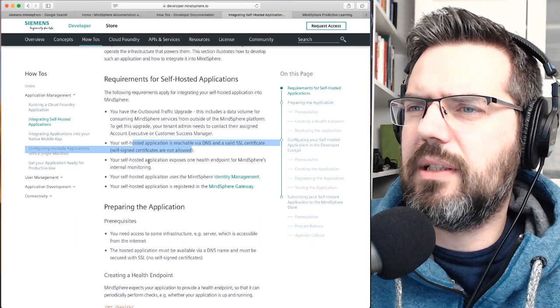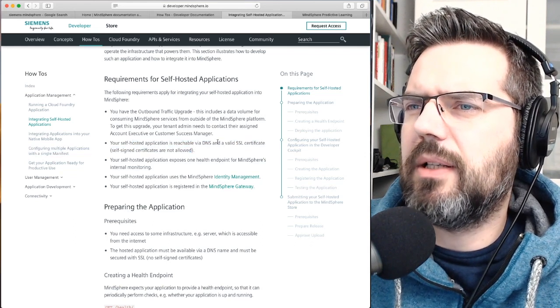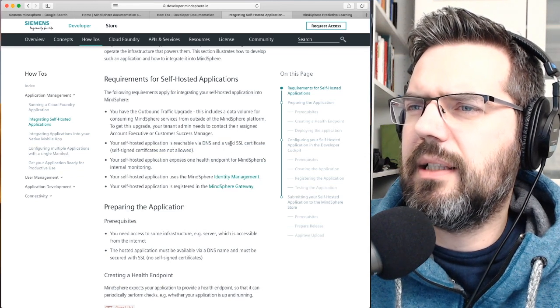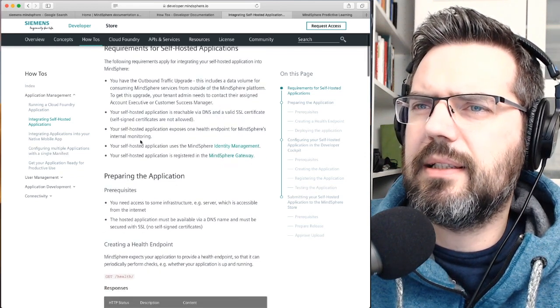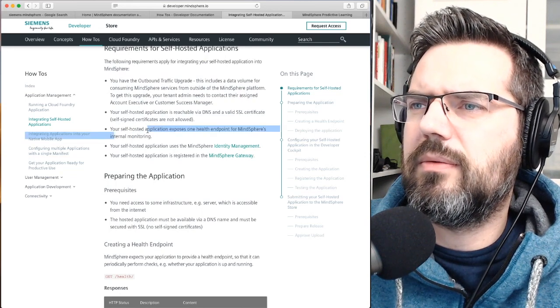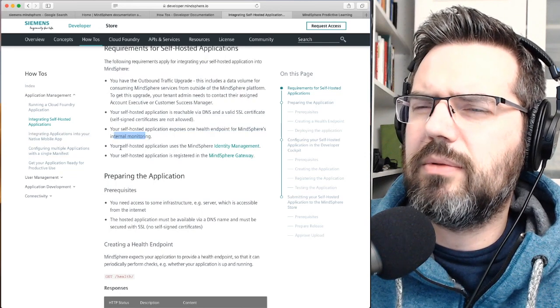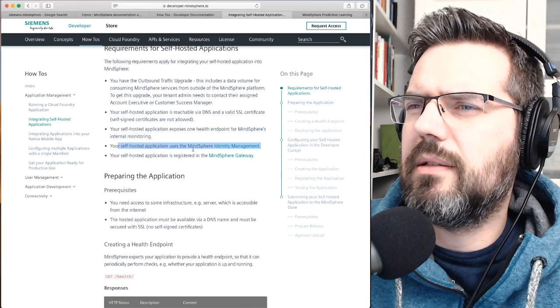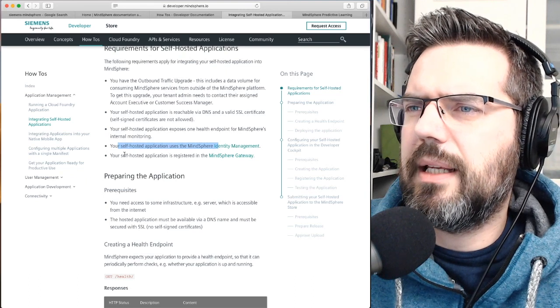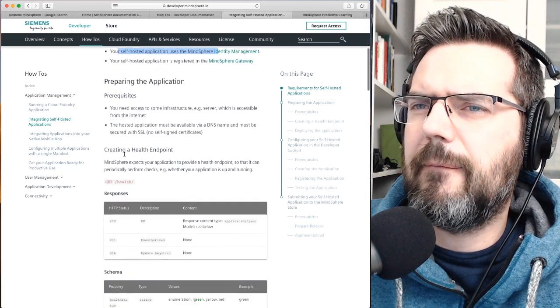Okay. A self-hosted application needs to be reachable via DNS and SSL certificates. Yes. Exposes a health endpoint. Okay, so you need to expose something. I guess, as you have to implement the identity management and the gateway.